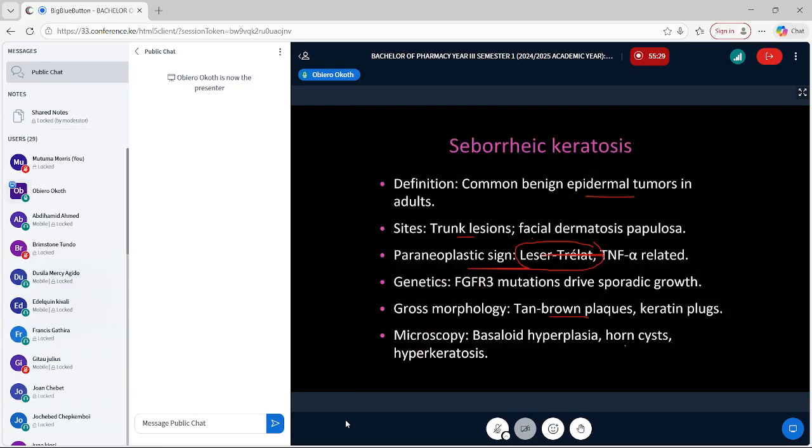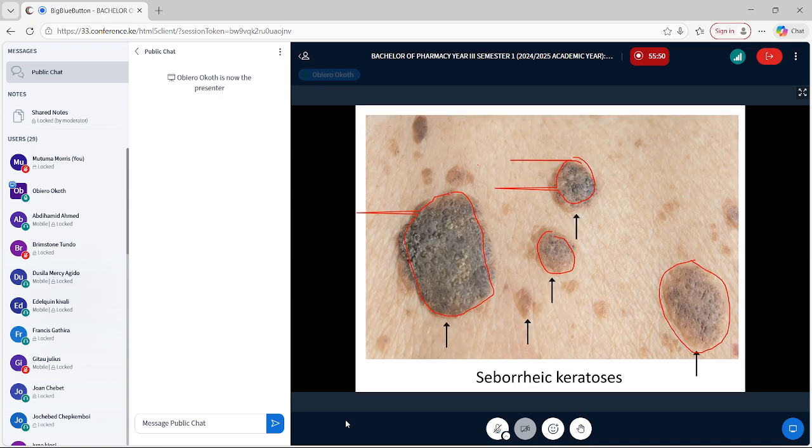Basal hyperplasia, horn cyst, hyperkeratosis is basically an epidermal neoplastic lesion of the epidermis that is benign. Sign meaning, if you see so many of them coming all of a sudden,